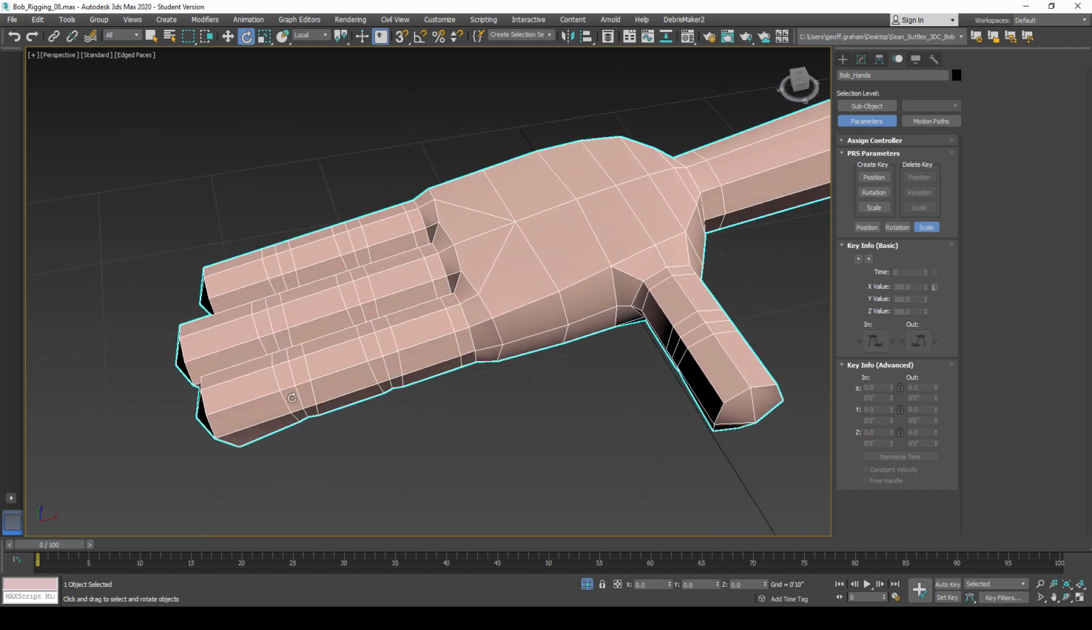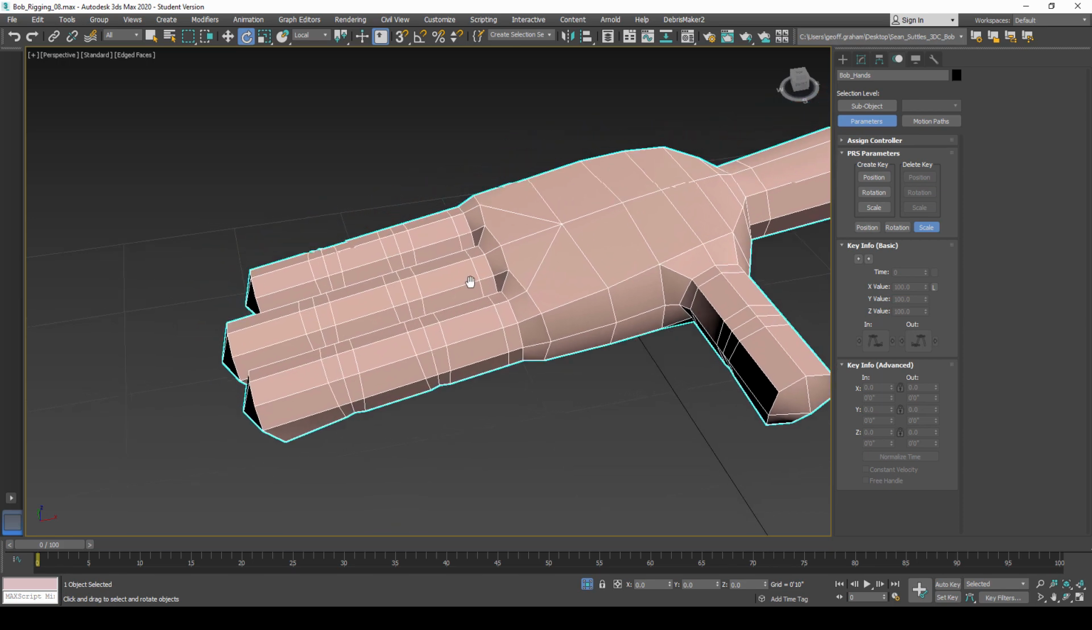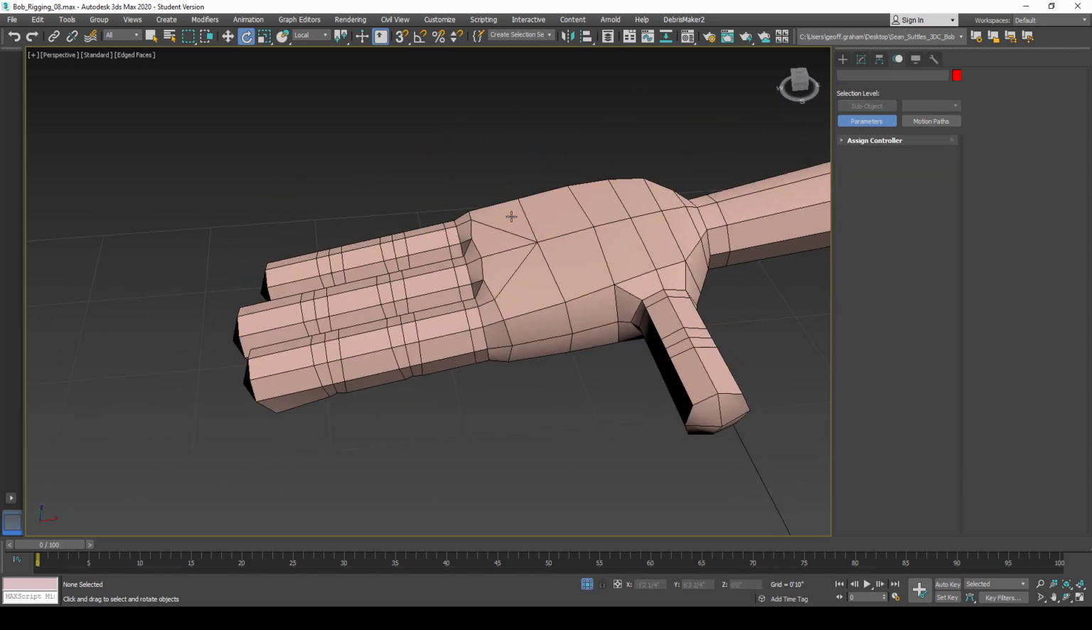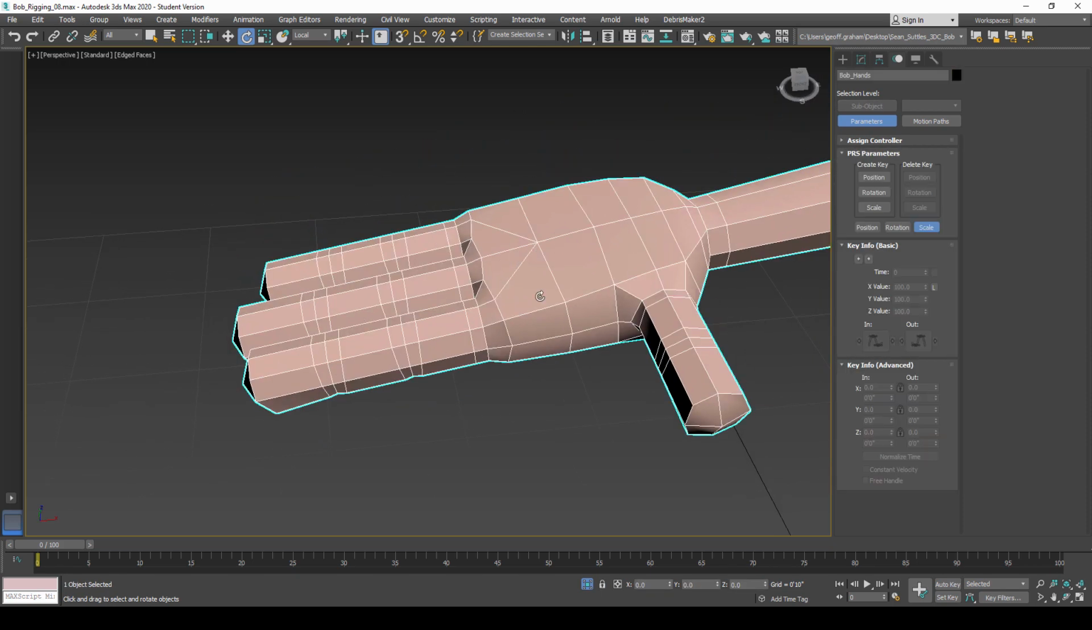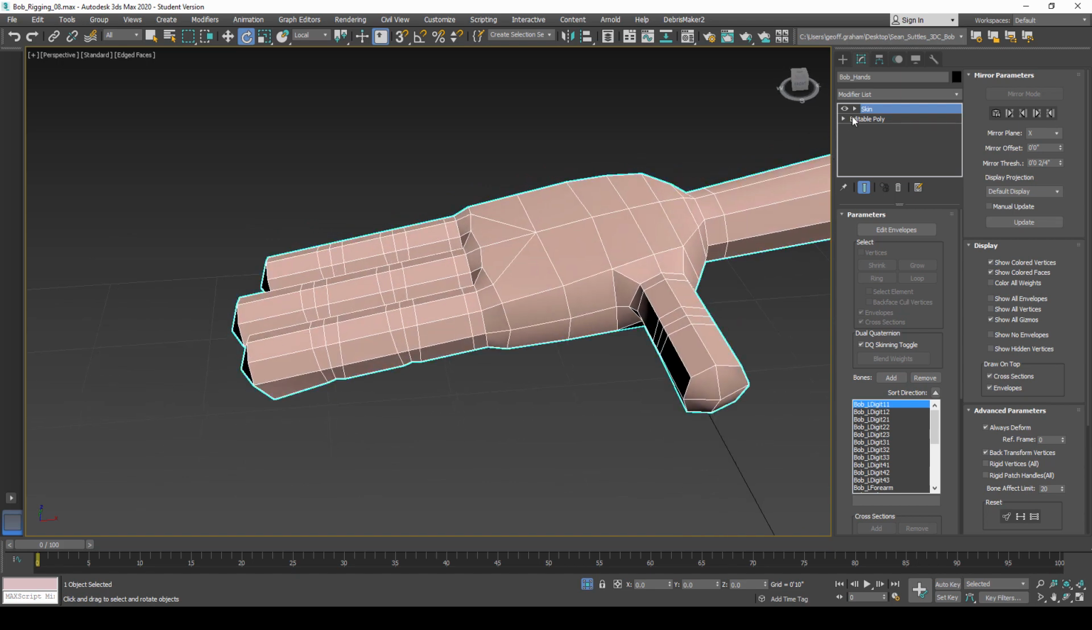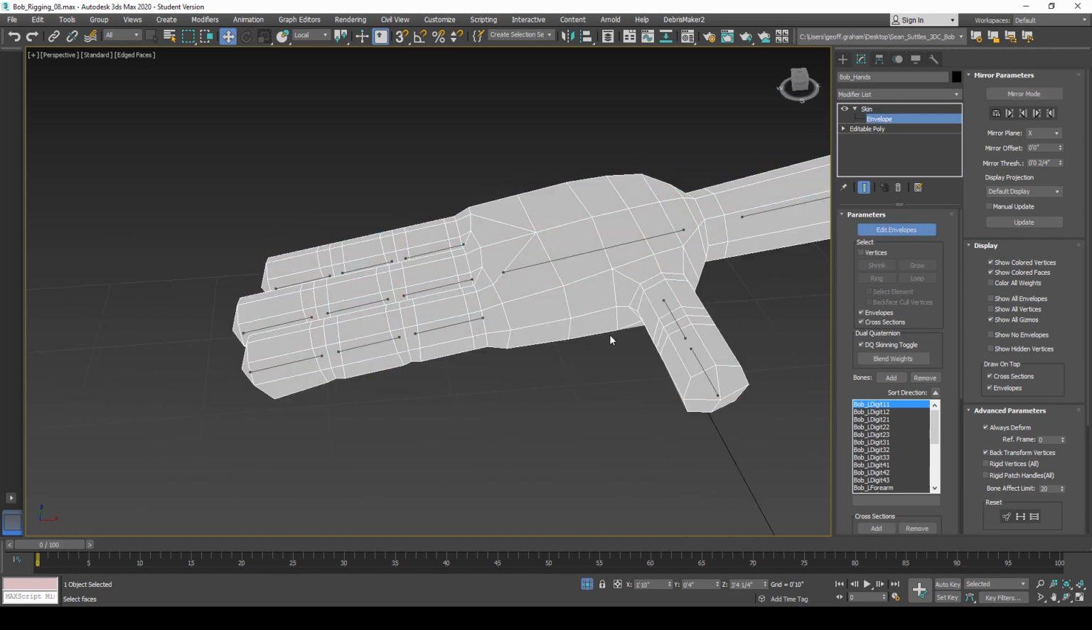Because we've modeled the hands the way we did, where we do have all quads in here, the most important thing is we've set up 3 edge loops for each knuckle. This is going to make skinning a lot easier as far as skinning a low poly mesh like this goes. So I can add open subdivision, but I'm going to add that later. For now, we're going to go into our envelopes, and you can click on the envelope for each finger, and